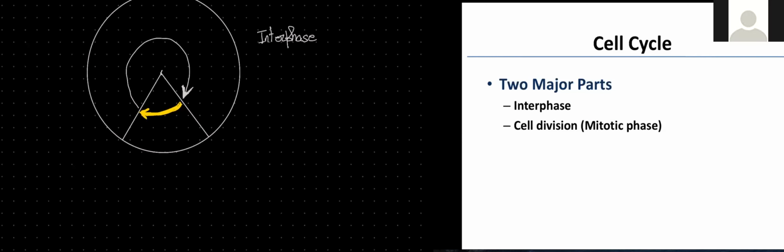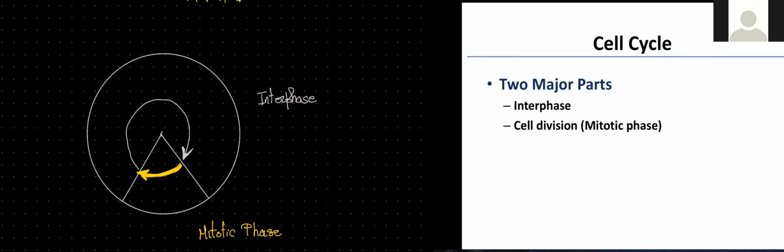And the cell division phase is going to be the mitotic phase. If we're looking at the interphase, which is the time during which the cell is going to be growing, we will see that interphase is going to be divided into three main phases,